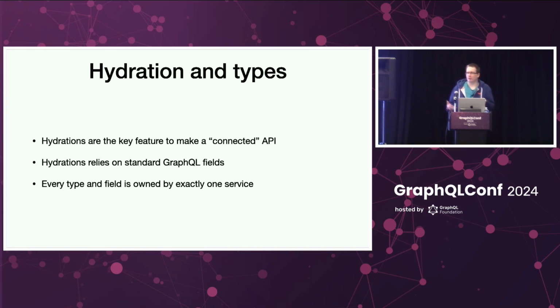So our constraint at the moment is that we don't have types that are shared overall. You can extend a type from a different service, but we can't have two different owners for a type. One is the primary owner of a type and others can extend it, but it's not like a user type is owned by different underlying services. So it's a little bit like a uniqueness constraint in our design. And honestly, it served us pretty well so far. It didn't come up as a real problem so far.